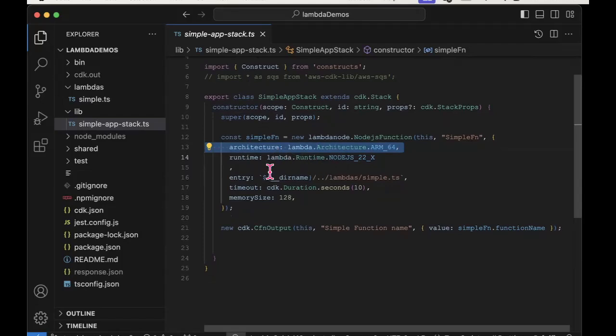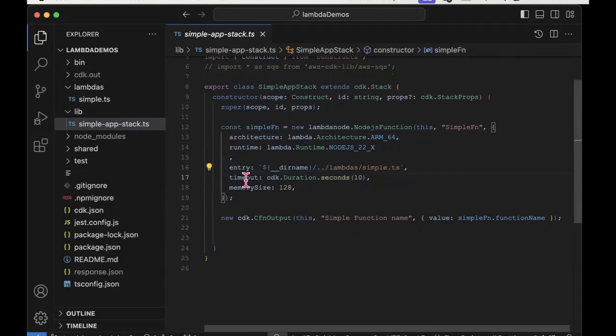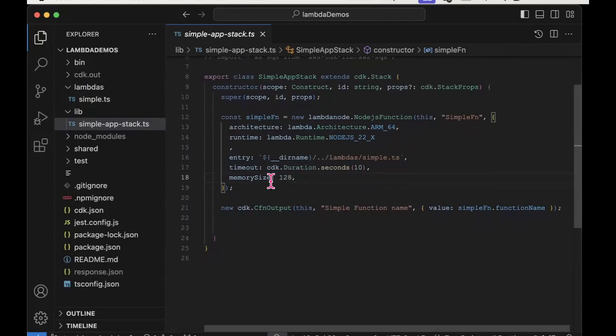The handler setting I've just talked about here is just referring to the file that contains the actual Lambda function itself, which in my case is this file here. We'll look at it in a second. Here I'm specifying a timeout, which I was talking about. Now I've set the timeout to 10 seconds, but that's certainly overdoing it. I could have left the default there, but again, it's for illustration purposes. And I'm also being specific about the RAM that I want, but 128 is the default anyway, so I could have also left that line out, but this is how you control it.